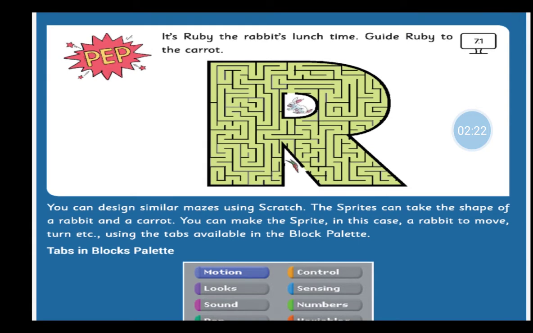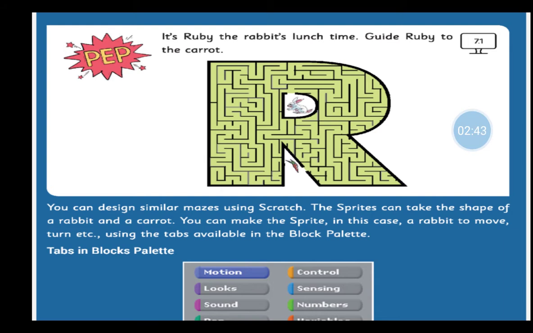Next, you can design similar mazes using Scratch. The sprites can take the shape of a rabbit and a carrot. You can make the sprite, in this case a rabbit, move, turn, etc., using the tabs available in the block palettes.